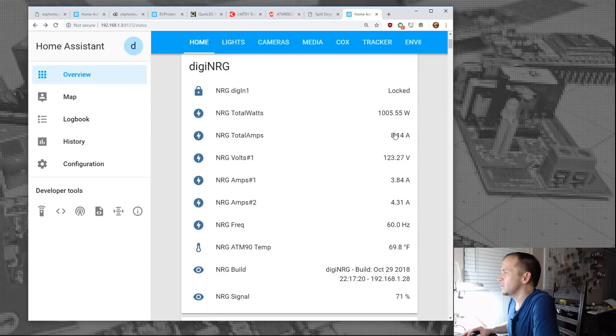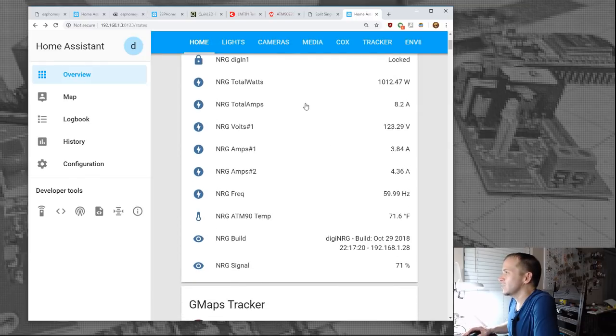That's because here, we're using 8 amps for a total of 1,026 watts. But yeah, so I was really impressed with the chip.